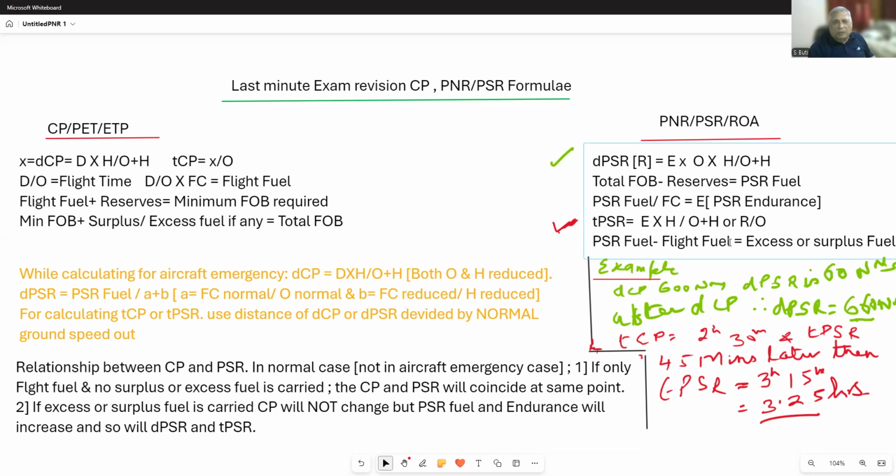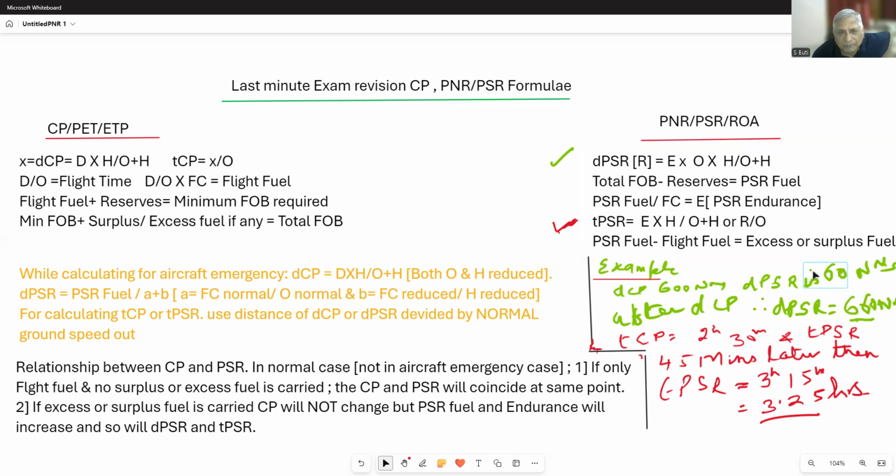For example, in the question, if you are given DCP is 600 nautical miles, or you have calculated a DCP, and it says DPSR is 60 nautical miles after CP. Therefore, now DPSR is 660 nautical miles. What does he want? He says, give me what is the extra fuel carried, which has given me this excess